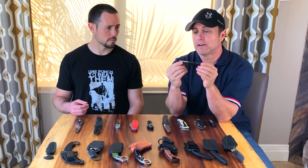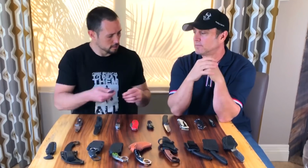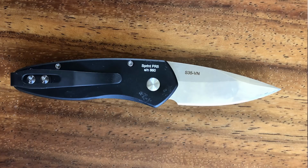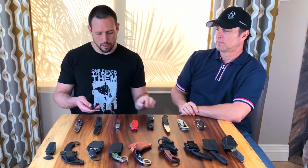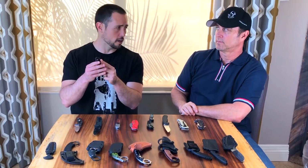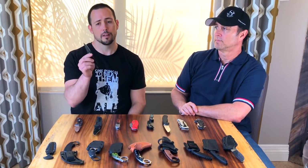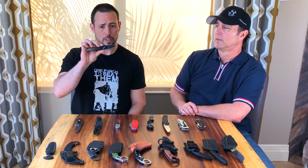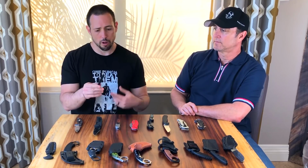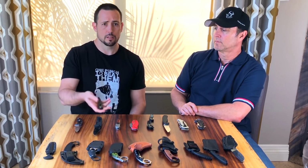And the reason it's called a half-breed is because what they did is they took their small 2-inch concealed carry and they took their larger frame knife and they put the small blade on it. So it's an automatic that has a blade that's legal in California. It's under 2 inches, but it's light, it's small, and it's fast to open, fast to pull, and it weighs